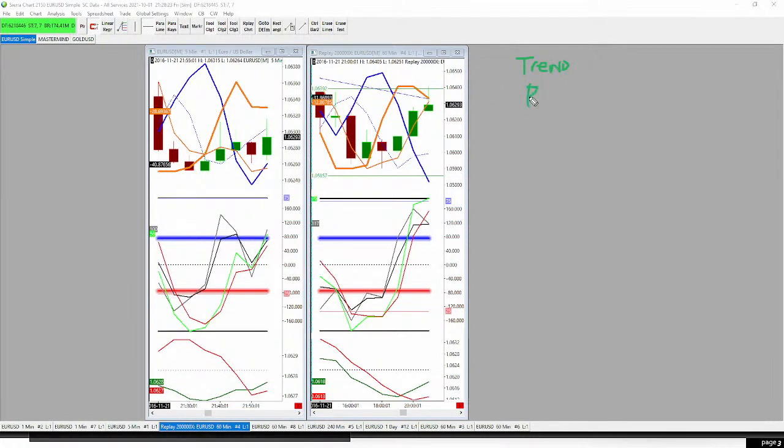Resistance, and candlestick pattern, we'll just call it CP. So you've got these three things going for you. Now, a lot of times when you've got some of these things going for you, you're waiting for your entry. When do you actually enter the trade?